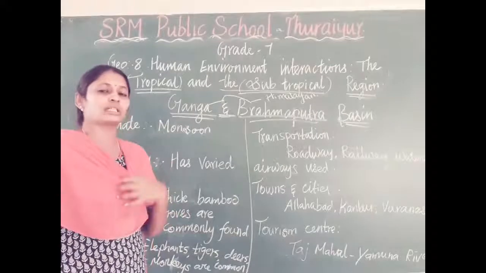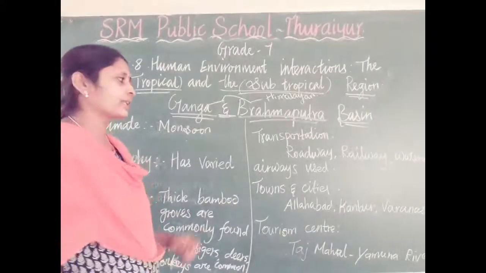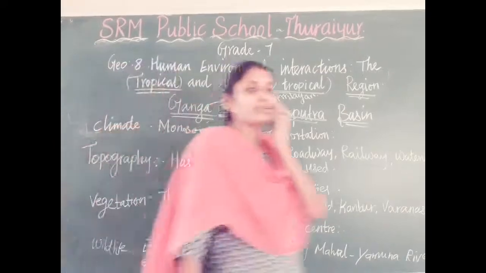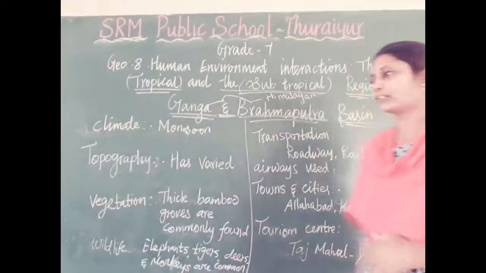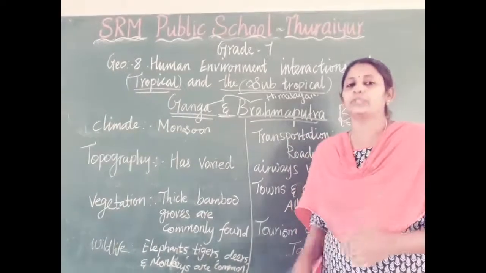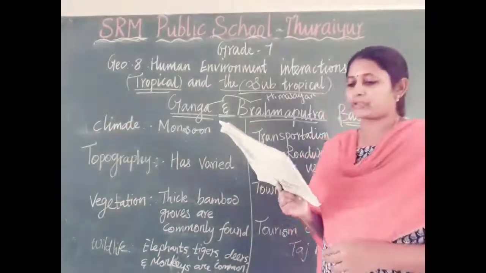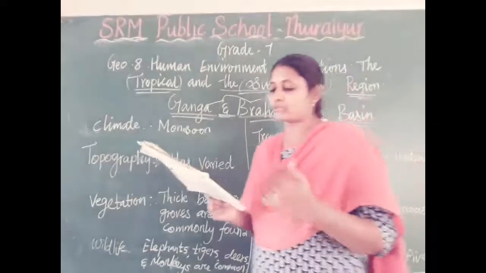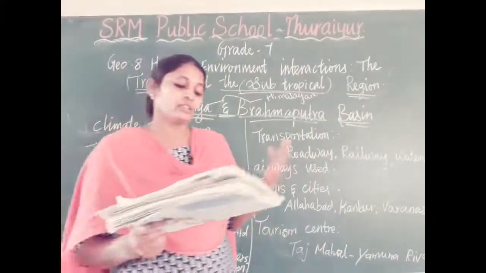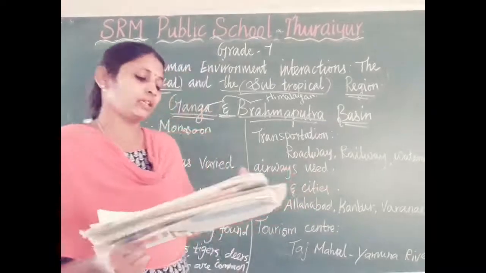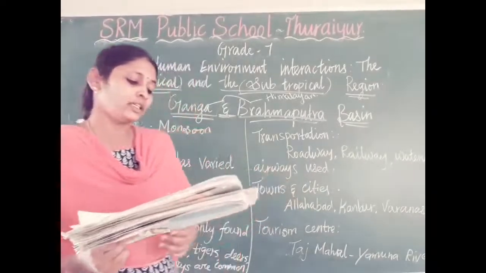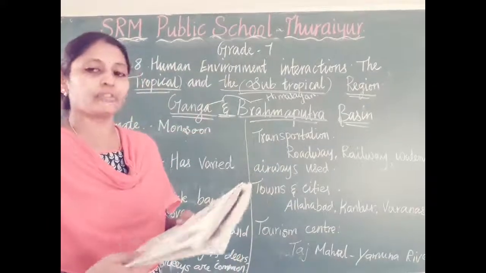Okay, Ganga is the national river of India. If anybody asks which is the national river of India, you should know it is the Ganga. While the Ganga river flows, many tributary rivers join it. So what are the tributary rivers of Ganga? The Gagra, the Son, the Chambal, the Kosi. So these are the tributary rivers of Ganga.